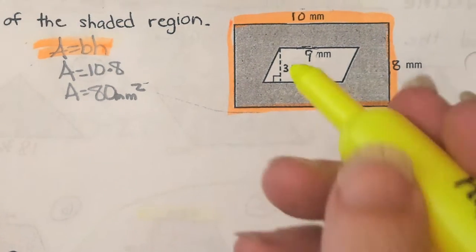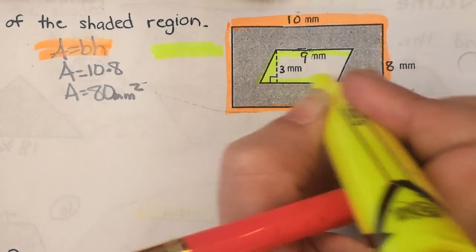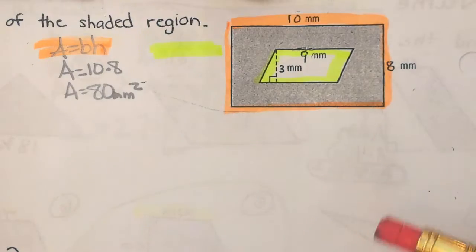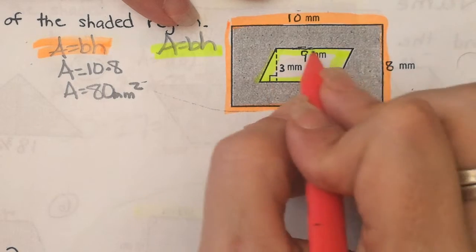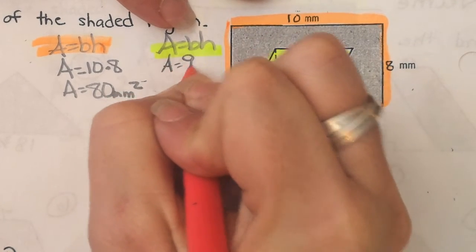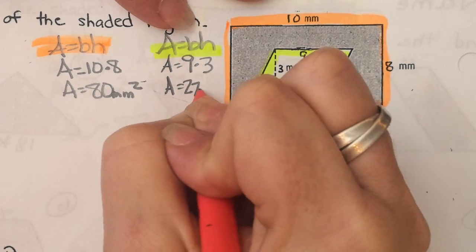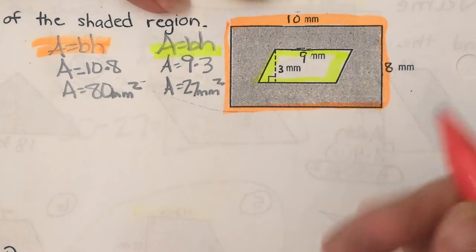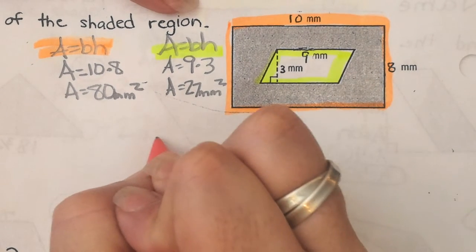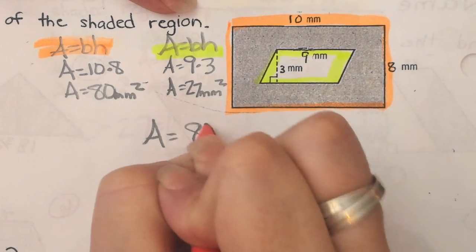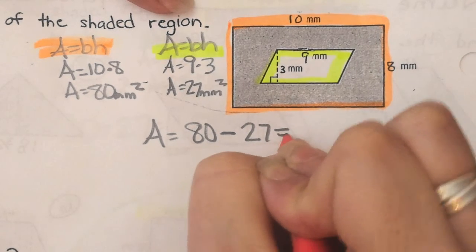Okay. Now I'm going to do this parallelogram, which happens to have the same formula. 9 times 3, 27. Okay, and then slow down. Do you want to add these things or subtract? Subtract. You want to take your big 80, take away 27,